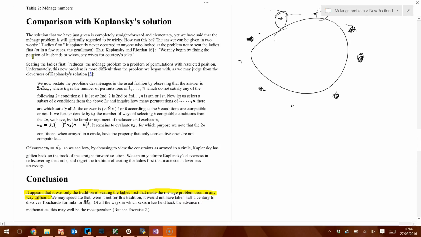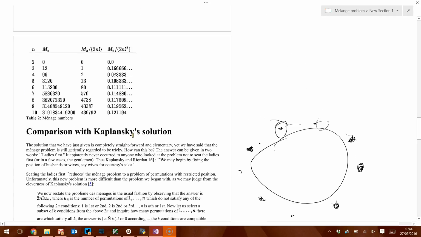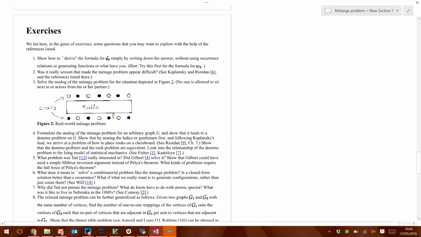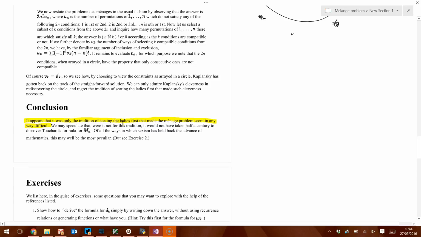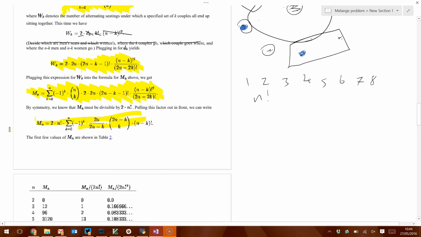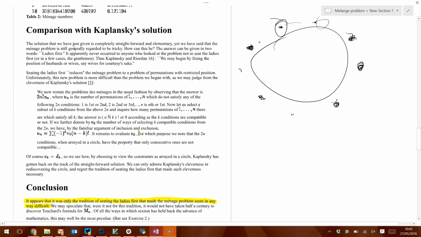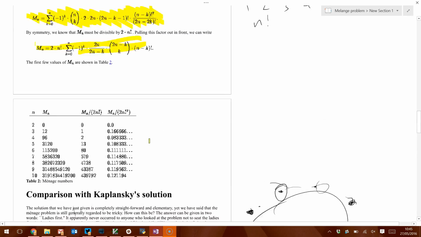So the gist of it was, Kaplanski's solution sits the women down and then anyway ends up doing the same sort of argument as they've just given up here. So it was a diversion that made things more tricky. Like how I said, what was my symmetry? If we'd worked things out, we would have got a factor of 2n factorial times something we don't know. That is possibly what happens with Kaplanski. I don't know. So we've got some working out to do,